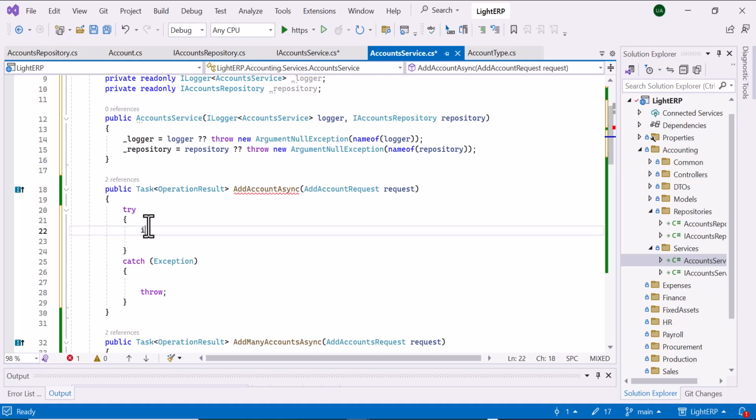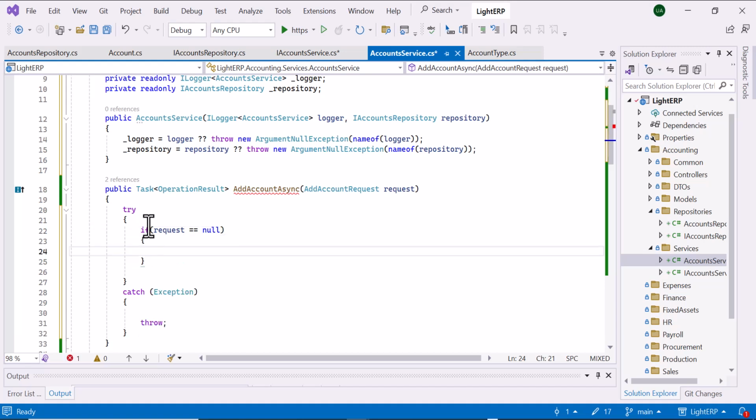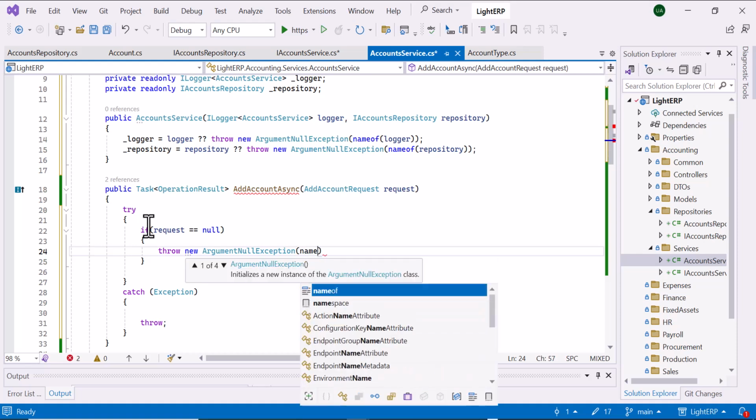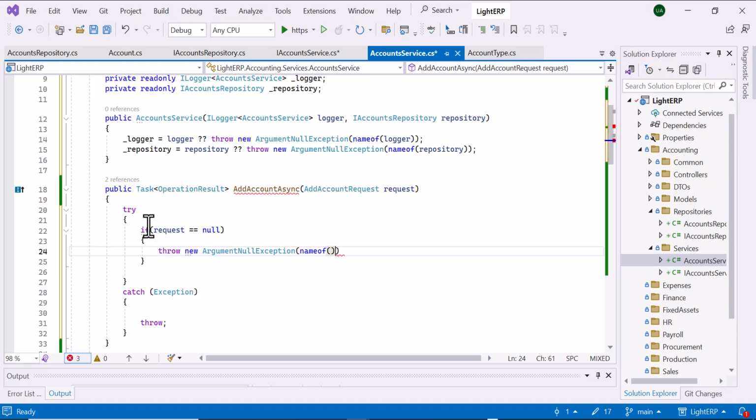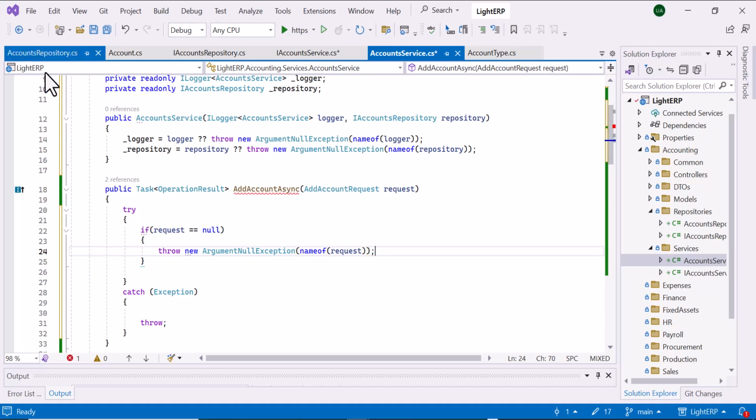For example, if now we are going to validate if request is equal to null, which one is better? Is it throw new ArgumentNullException and name of parameter, which is request, and then you come here and you say if it is ArgumentNullException,